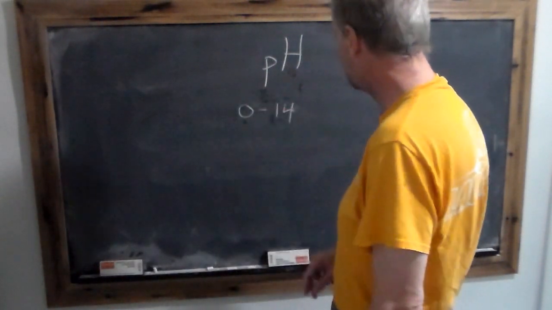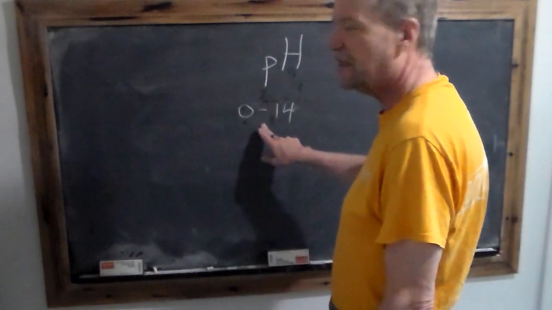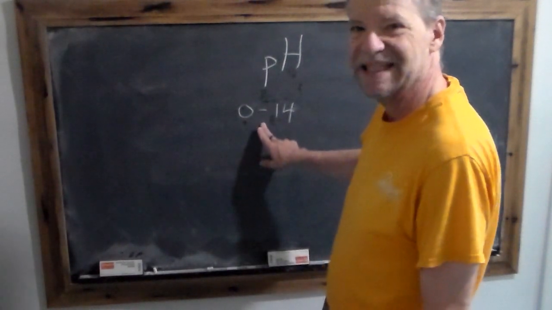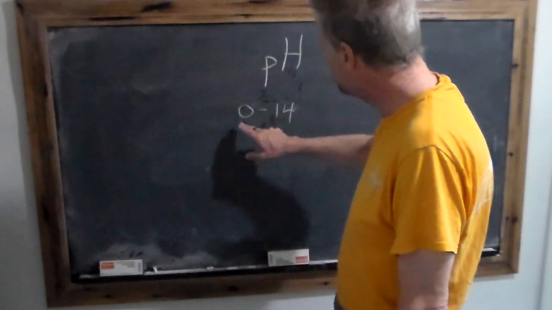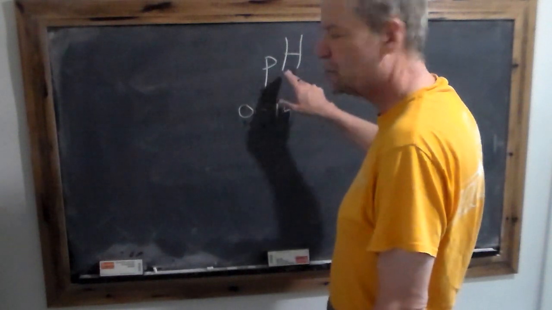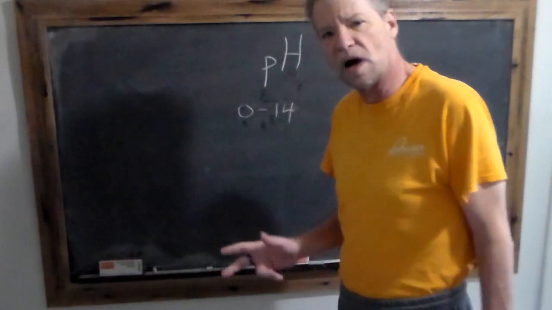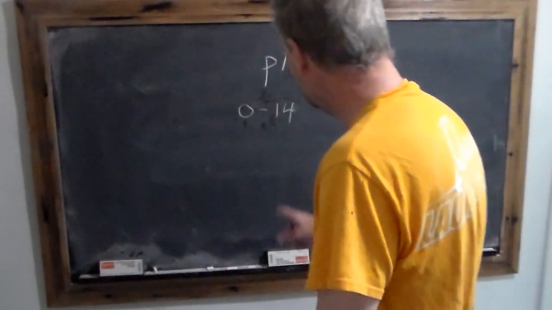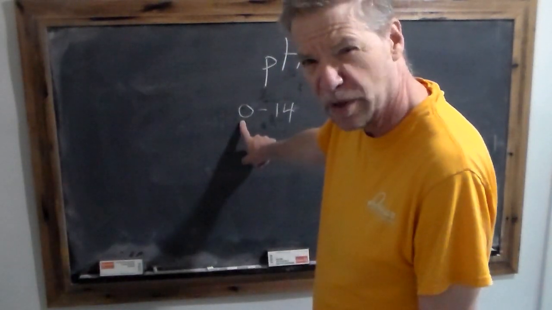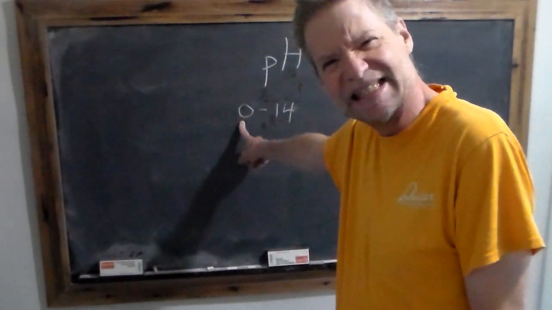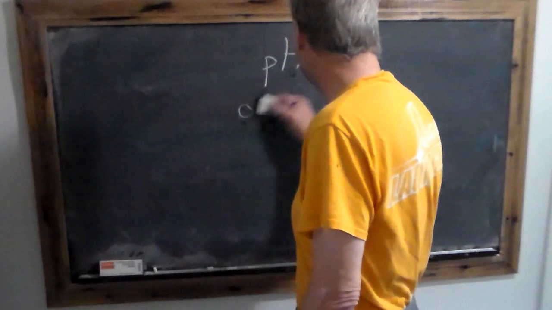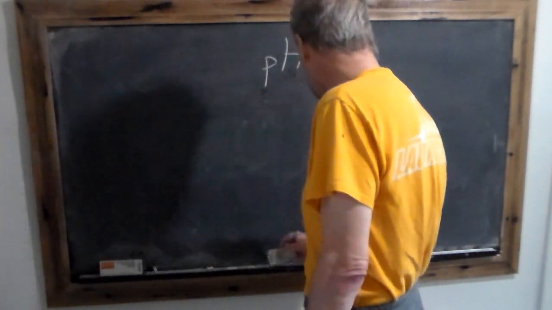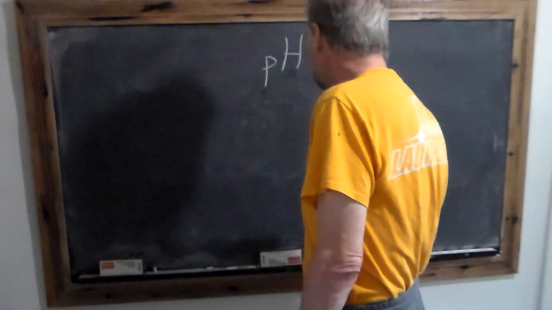But here's why P does not stand for power. If you know the scale runs from 0 to 14, you probably also know it's an inverted scale. That means that the smaller the pH, the stronger the acid. Are you honestly telling me that the most powerful acid you can have has 0 power? Does that make any sense at all? So if pH does not stand for power, at least not in the way you're thinking, what does it stand for?